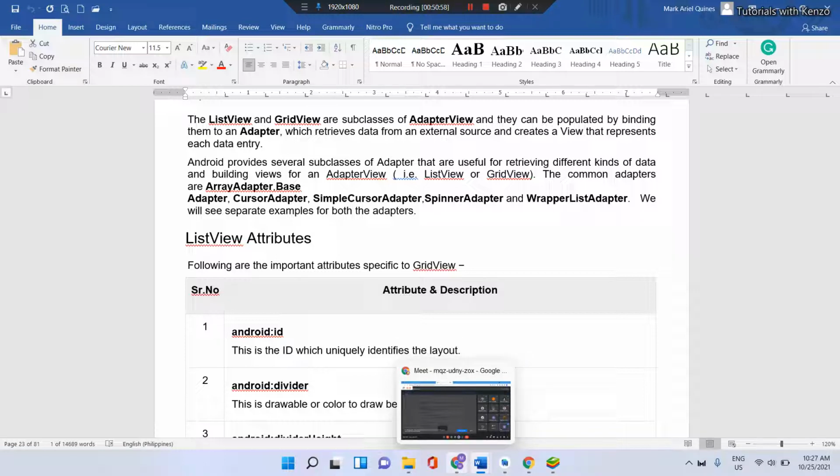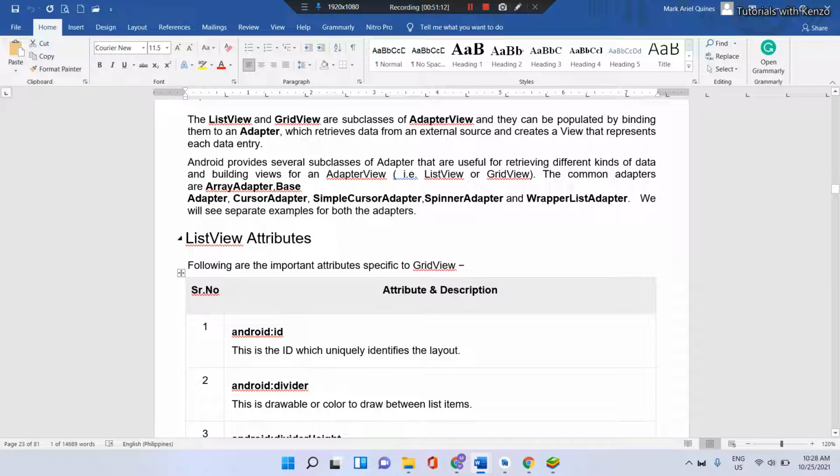Any clarification? Okay. So, if there's no clarification, I will be posting the case studies later regarding this relative layout and table layout. So if there's none,